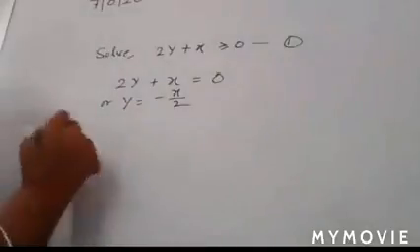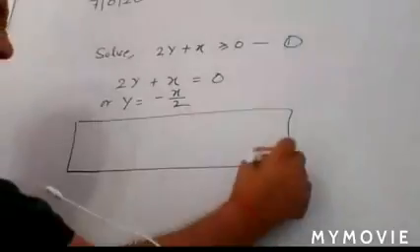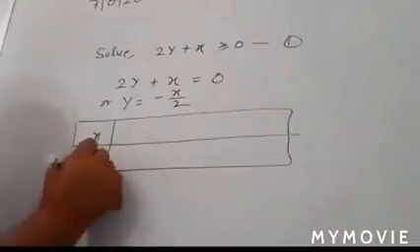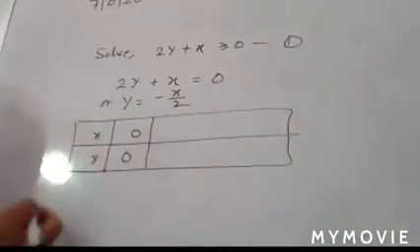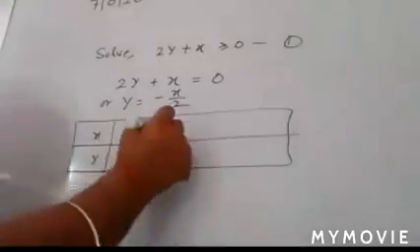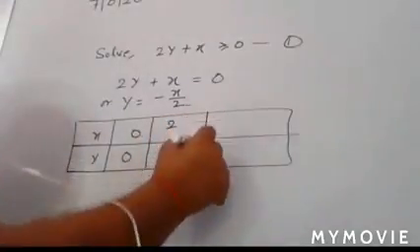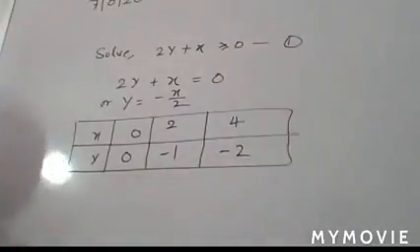Okay, now what you do, here you draw a table, just the same method which you adopted in class 10. Here you have x, here you have y. If you put x is equal to 0, you have 0, means the line is passing through 0 0. If you put 2, here you have minus 1, and just take one more value, here you have 4, so on this side here you have minus 2. Understand? So with the help of that, you can very easily plot its graph.